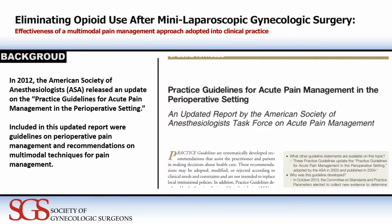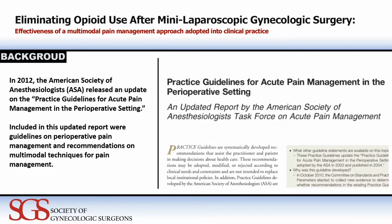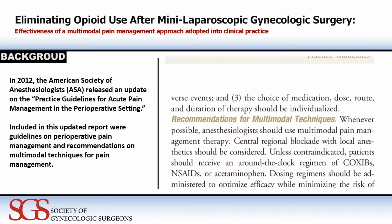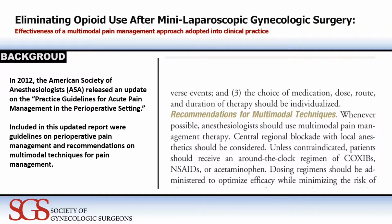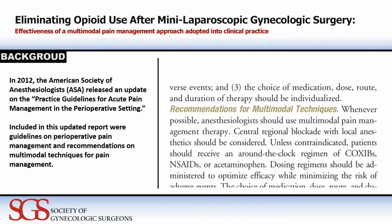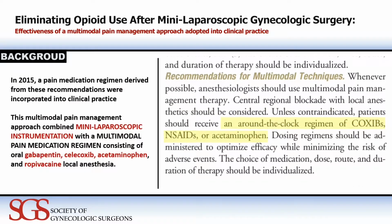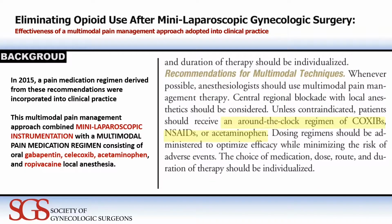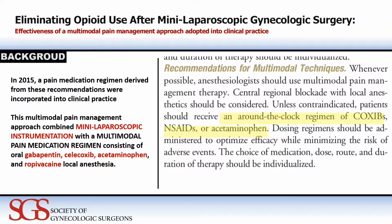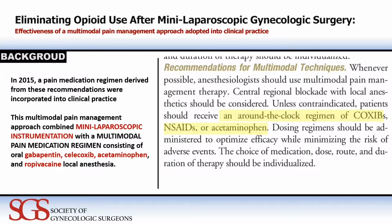In 2012, the American Society of Anesthesiologists released an update on the practice guidelines for acute pain management in the perioperative setting. Included in this update report were guidelines on perioperative pain management and recommendations on multimodal techniques for pain management. In 2015, a pain medication regimen derived from these recommendations was incorporated into clinical practice. This multimodal pain management approach combined mini-laparoscopic instrumentation with a multimodal pain medication regimen consisting of oral gabapentin, celecoxib, acetaminophen,